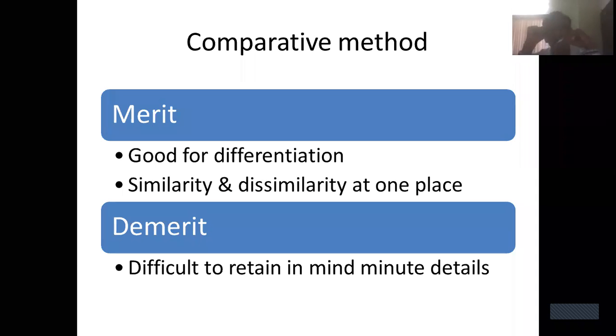And the demerit of this method is that it is very difficult to retain in mind the minute details. If you read the comparison by Ernest Farrington, this author compares so many remedies at a time, so many remedies. For example,